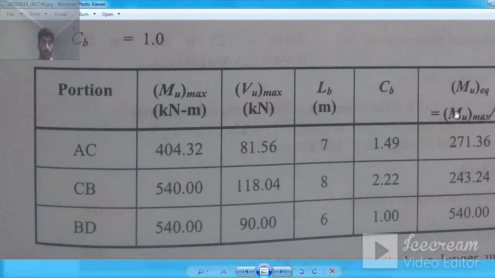You see the AC portion having a maximum moment 404 and a shear value of this much, but you see LB is this one and CB is this one, the capacity is this one. Now for the CB portion, that is the middle portion, you see the maximum moment is 540, maximum shear, maximum LB, and